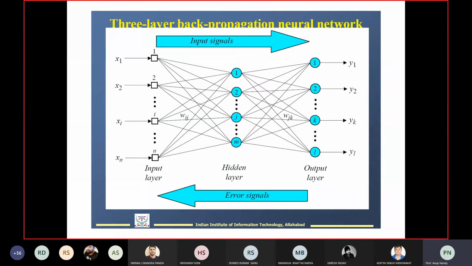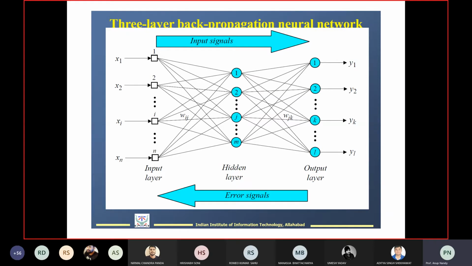For each node an output is going to be generated, and whenever this output is generated, you check y1 minus y1 hat. If there is an error, then the error signal has to be back propagated. That's why, as you can see, there is an error signal in the backward direction. Whenever the error is back propagated in the backward direction, you need to apply the gradient descent algorithm. I'll explain which formula you have to apply and how we are going to back propagate it.